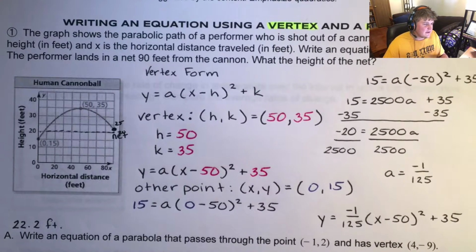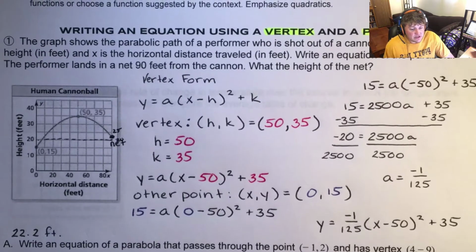You're just going to need to think about how the questions aren't always going to ask the same thing. They're not always going to ask, what is y when x is 50? Or what is y when x is 90? It might be asking something a little bit different. You're going to have to try to interpret what that means and what special point that would be on our parabola. Okay, so what I want you to do right now is move down